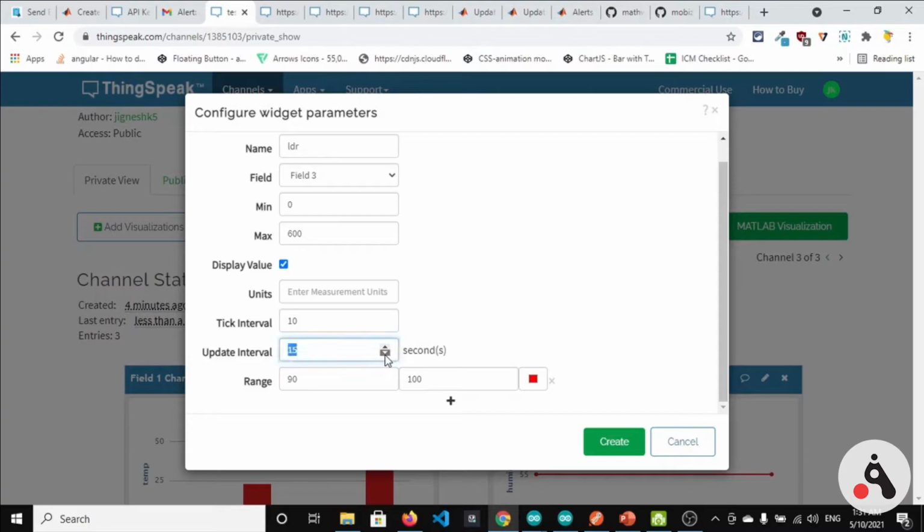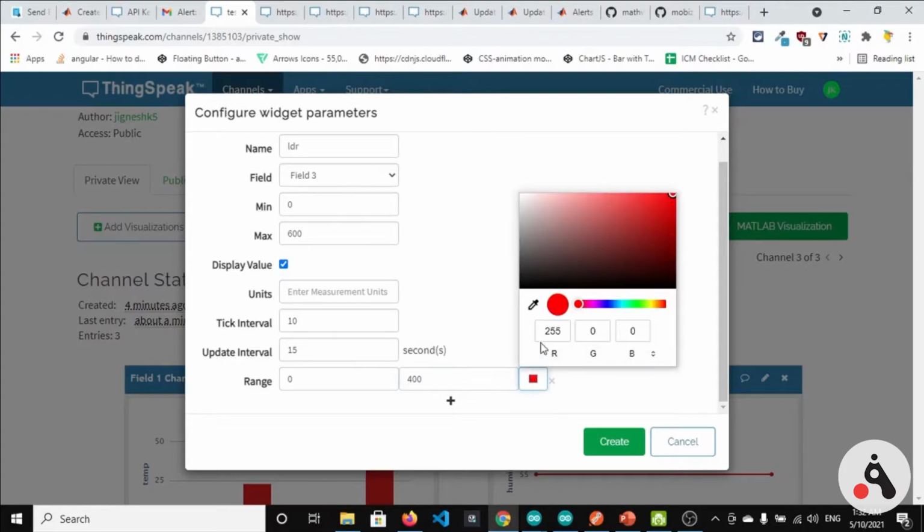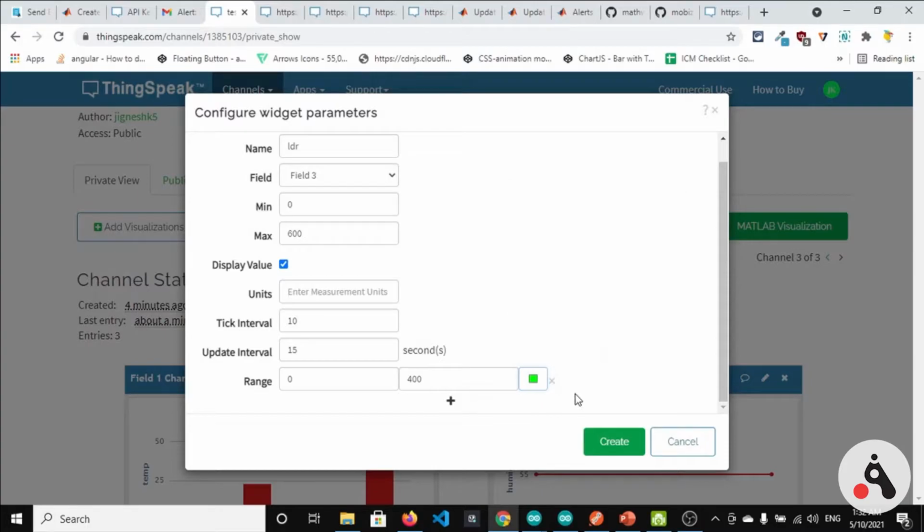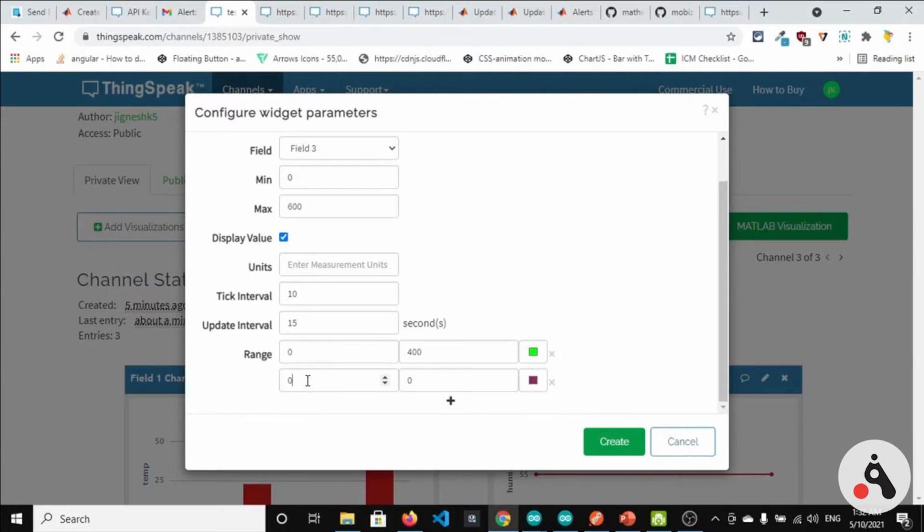We can't reduce this, so let's make it range from 0 to 400. It is in the green region first, then it will become yellow.